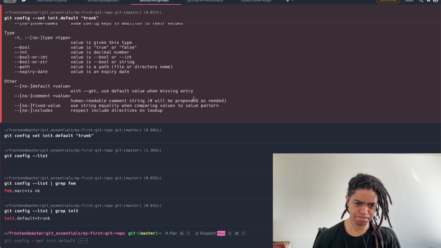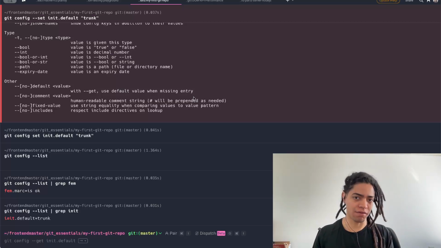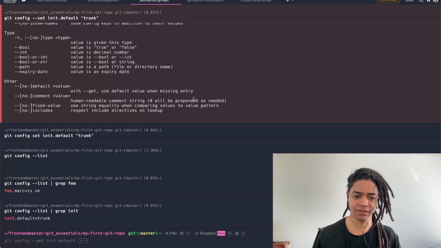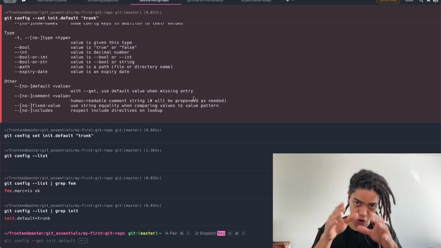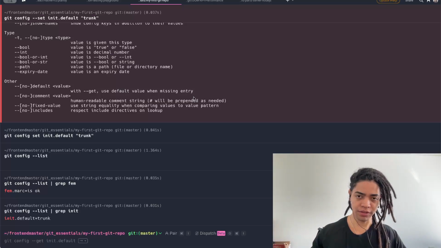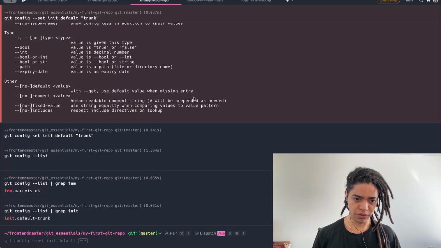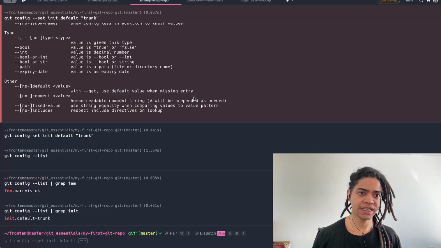With git config, there are several commands. For example, list, or you can say git add, or you can modify the initial branch name, whether local or global. So in our case, if we do something like this, to get all of the lists, we can see that